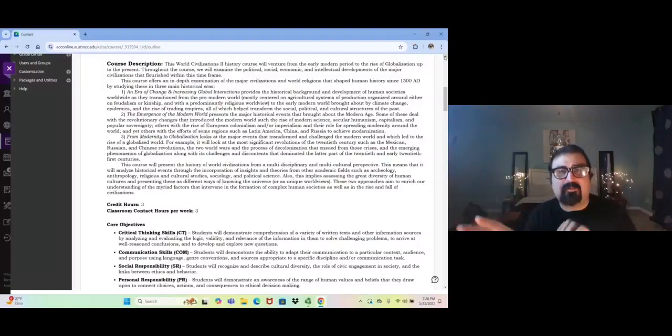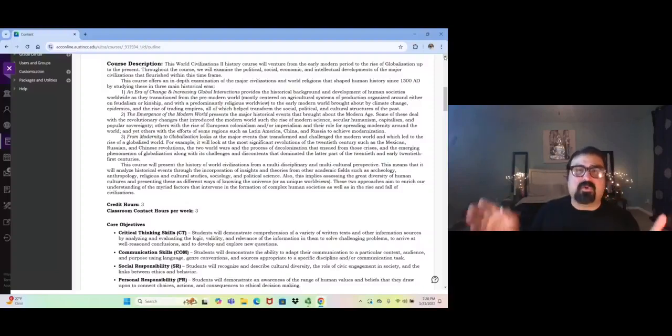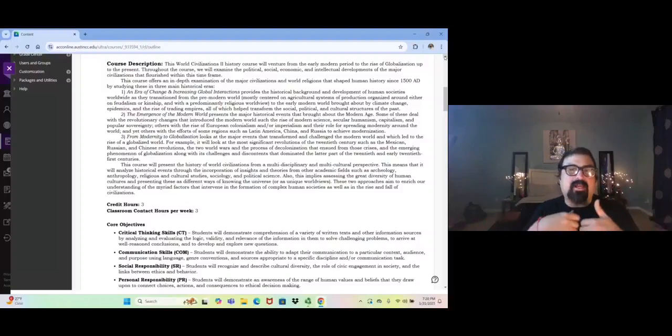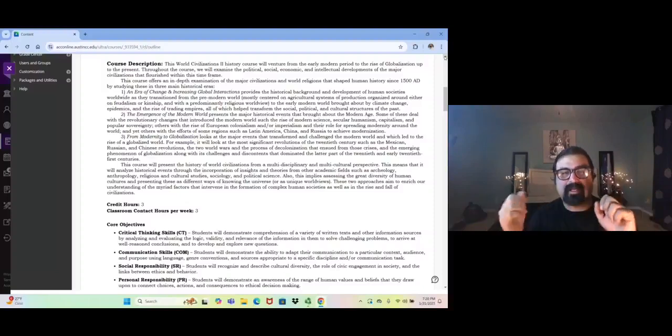We're also looking at different types of societies, of course, that were also important. And also religions as well, and how they interacted with one another, how they clashed with one another, and what was produced by those encounters and clashes as well. Okay, so in a certain sense, this class is really